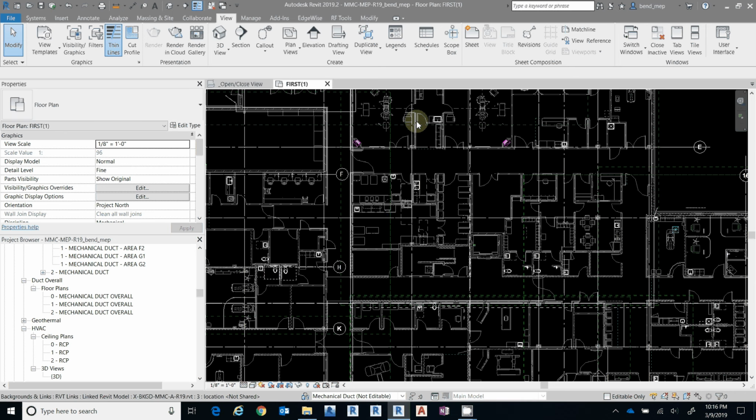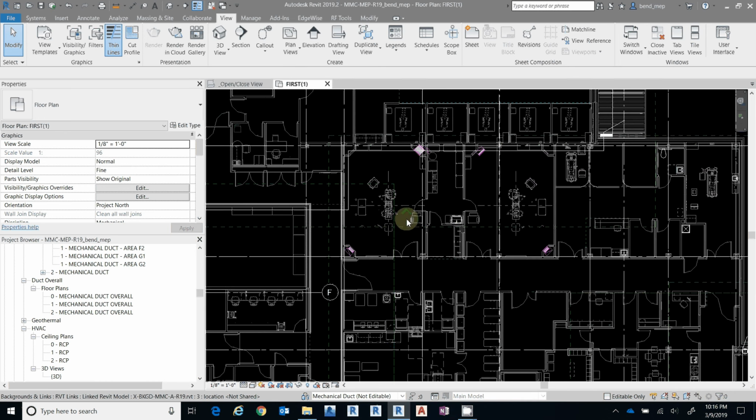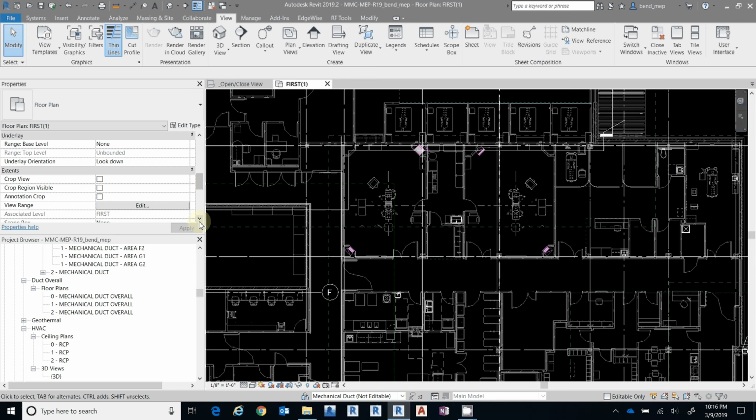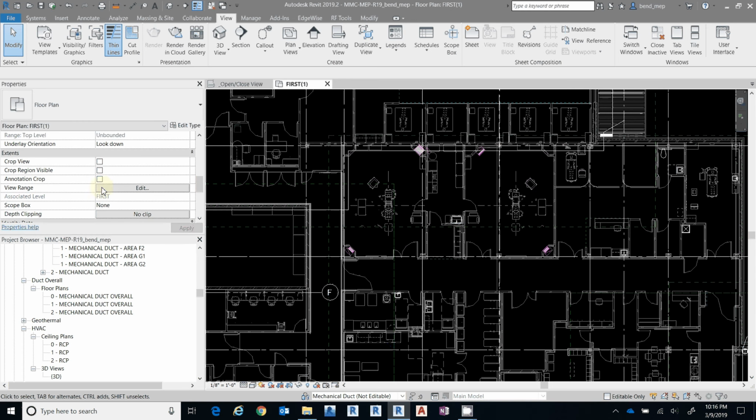So not everything popped up. Here you can see some of these drops showing up. The reason not everything showed up is because of my view range. So when I created this workset, there's a default view range. So if I go to the side over here, scroll down to view range and click edit,